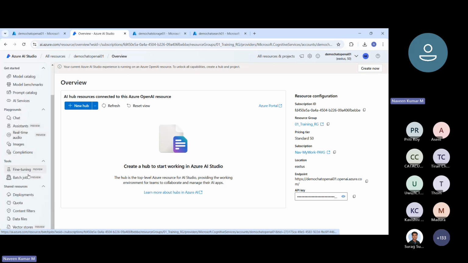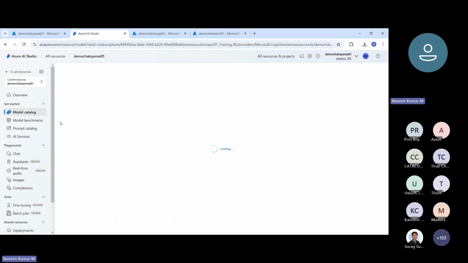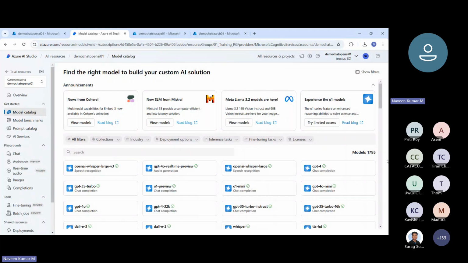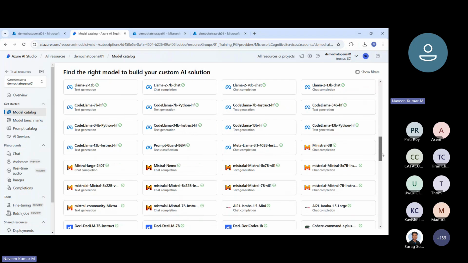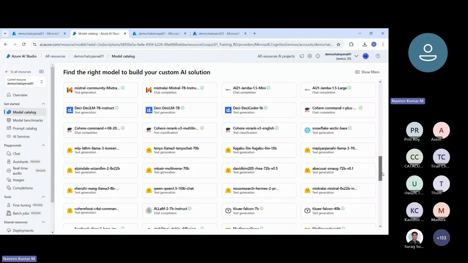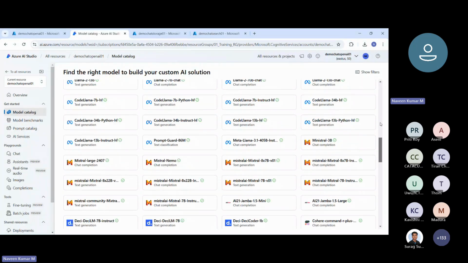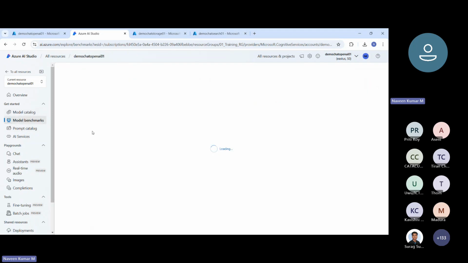so this is the old view. So here we have a model catalog, where we can see the models from multiple vendors like Mistral, Llama. So here we have 1175 models. You can see Microsoft, Meta, Mistral, Cohere, Hugging Face, Facebook, Snowflake. So we have 1795 models, and this is the model benchmark where we can compare the models, and